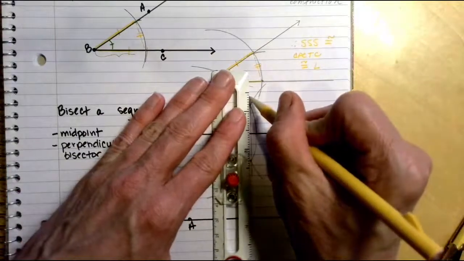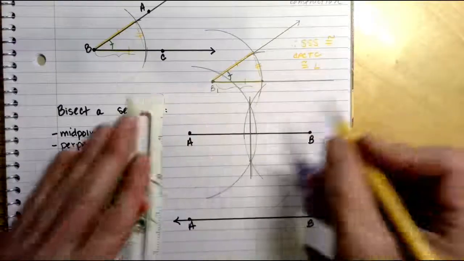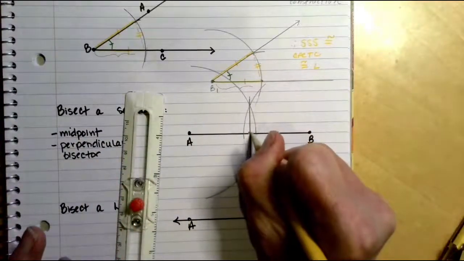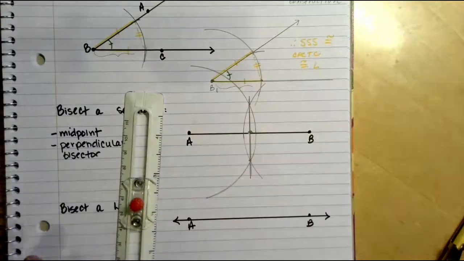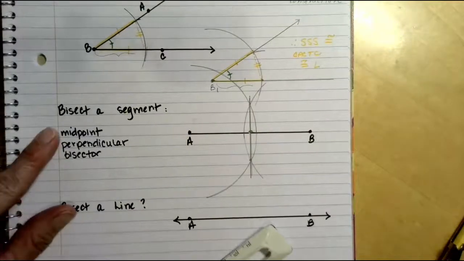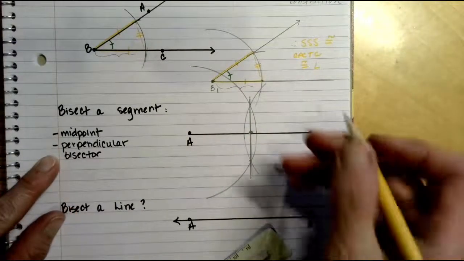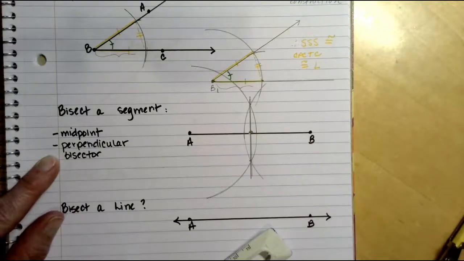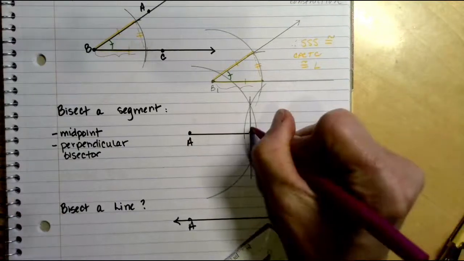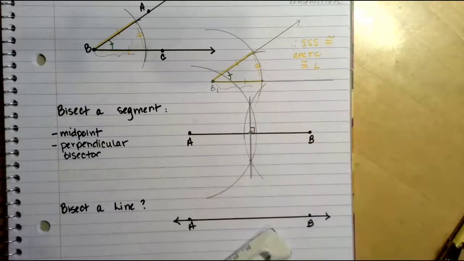Do a better job there. I can connect, and this point here is guaranteed to be the midpoint, and what I've just drawn here is a perpendicular bisector. This is guaranteed to be perpendicular,